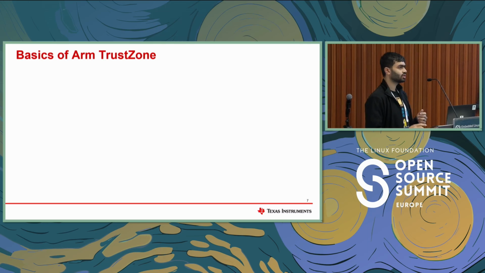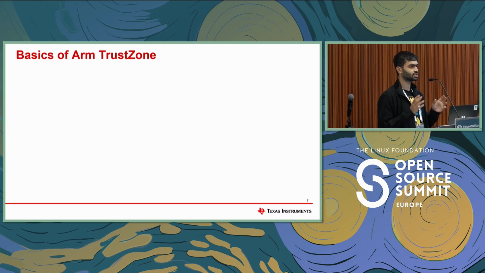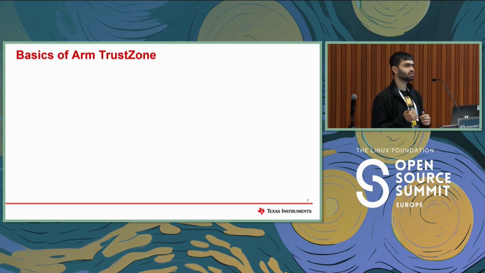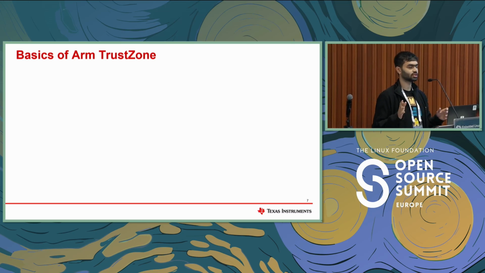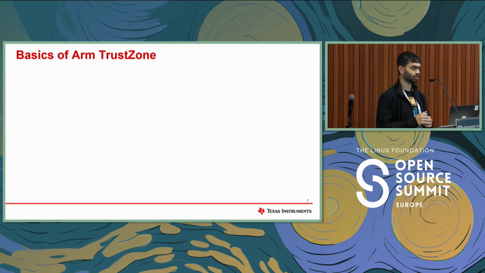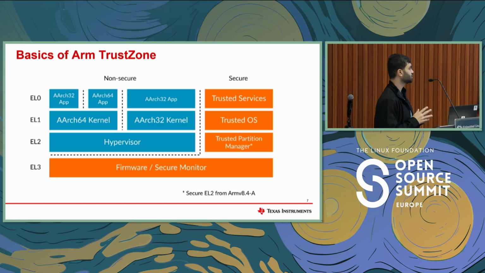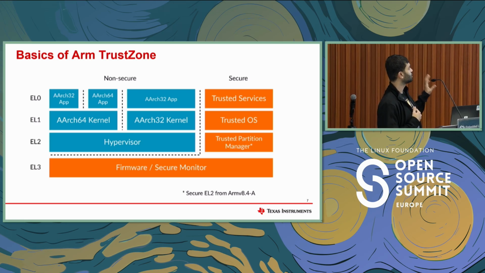One of the ways we have the secure world is through ARM TrustZone. We have it in the x86 world too with different terminologies, but today we'll be talking about ARM. So basically, like you see, we have a non-secure side and we have a secure side. This is how the hardware is, in a way, theoretically partitioned. What we see here is